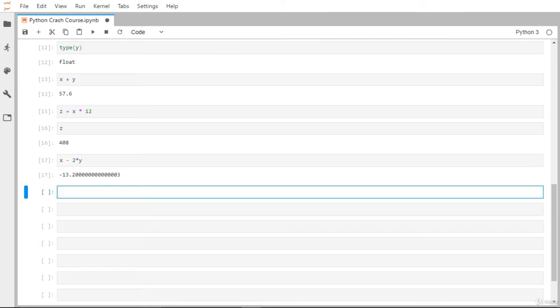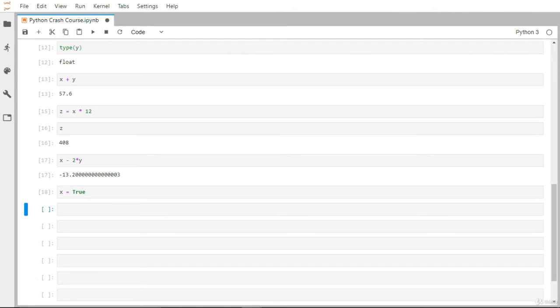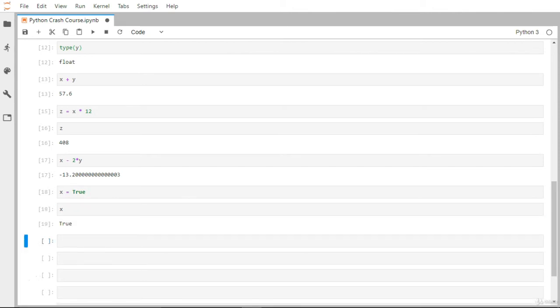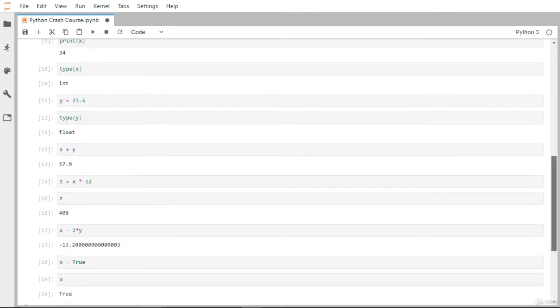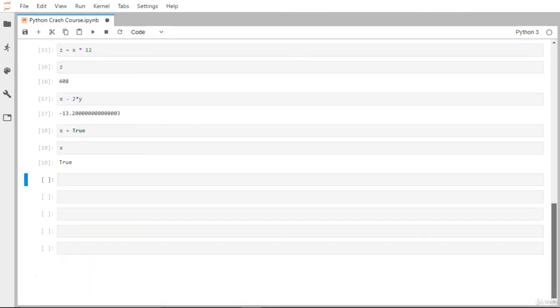Let's see about the boolean variable. So we have seen two boolean variable like a true and a false. So let's say true, and let's just assign it to some variable. Let's say x only. So we are overriding our above variable what we have created. And if I just try to print x now, it becomes true, rather than it was 23 might be we have already created, to 34 we have created.